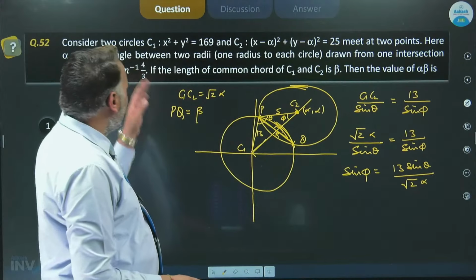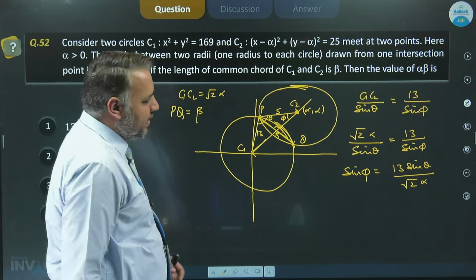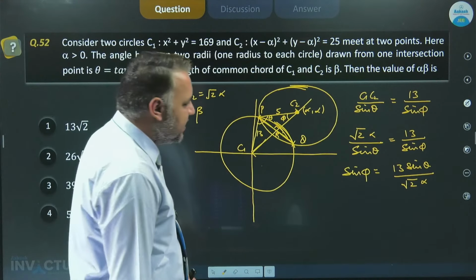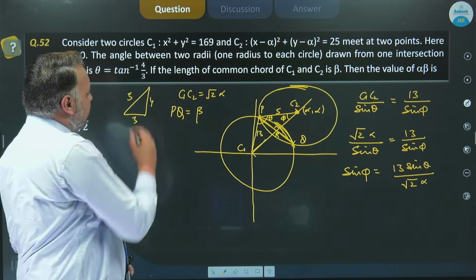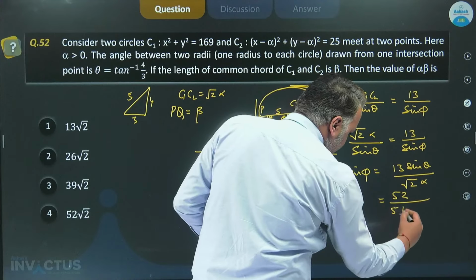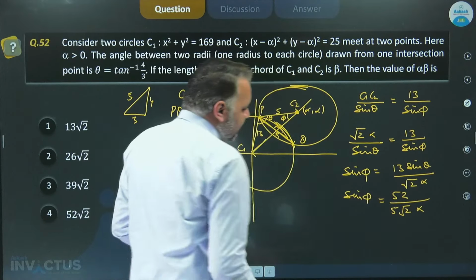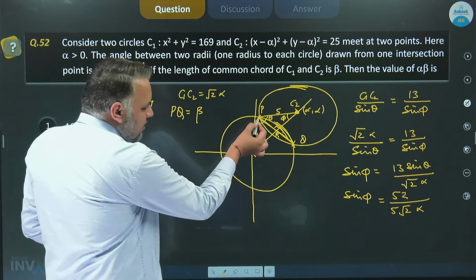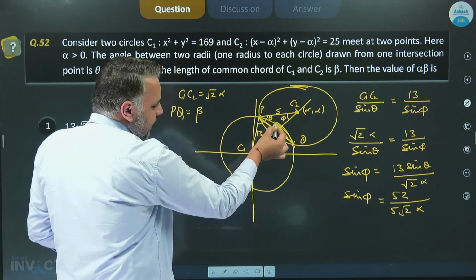If tan theta is 4/3, then you can write down the value of sin theta also. Obviously it's in the first quadrant, since theta is tan inverse 4/3, so sin theta will be 4/5. So sin phi will be 52 divided by 5 root 2 times alpha. This is sin phi. Now we have to calculate a relation between phi and beta also. If we look at the right angle triangle PRC2, which is right-angled at R,